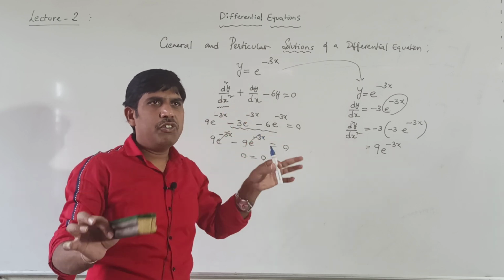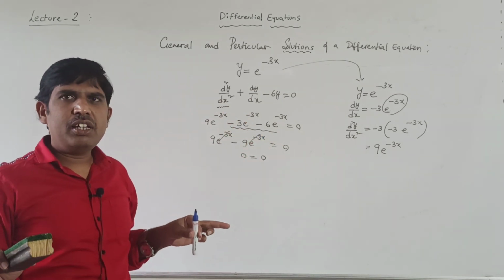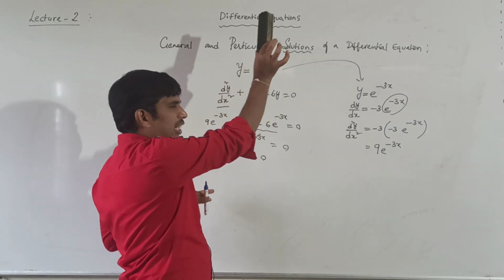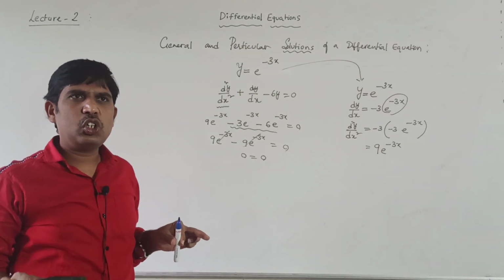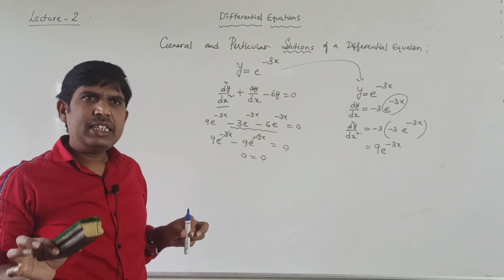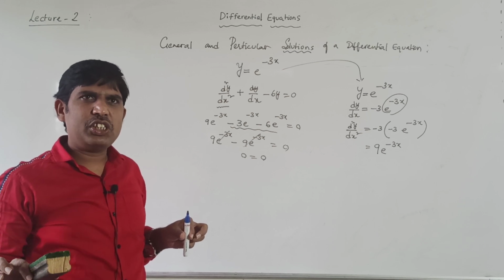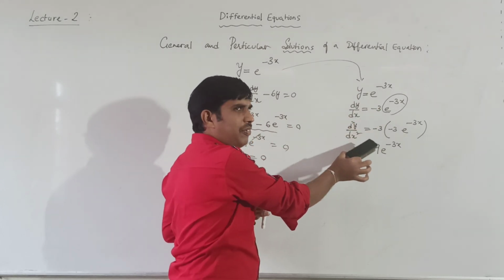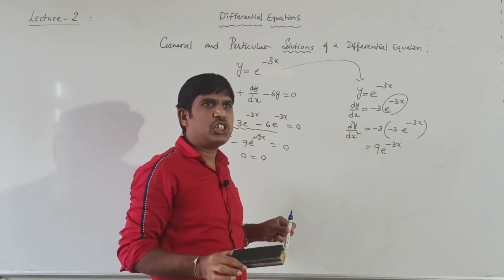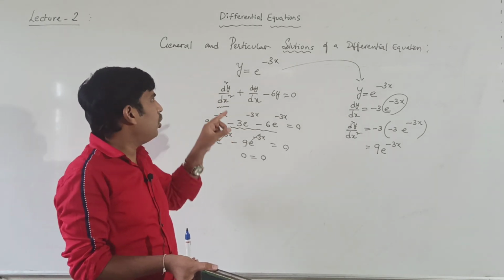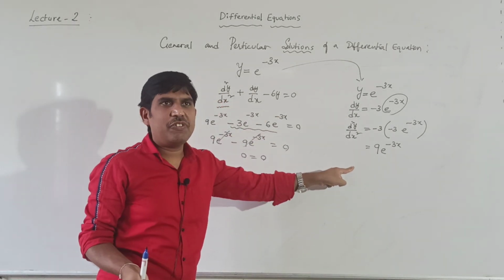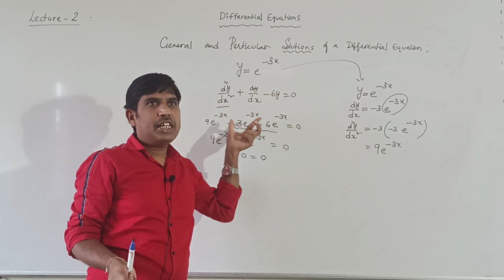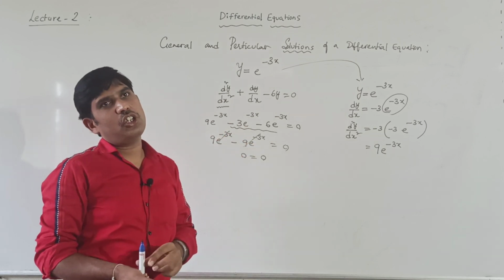Just now we are discussing only whether it is a solution or not. Later we will discuss what is meant by general solution and what is meant by particular solution. First, a solution is nothing but something that satisfies the given differential equation. How to do it? Take the given solution and find its derivatives according to the order in the differential equation. Suppose third order is there, then again we should differentiate. Depending on the differential equation, we should find its derivatives, substitute there, and verify whether it satisfies or not.